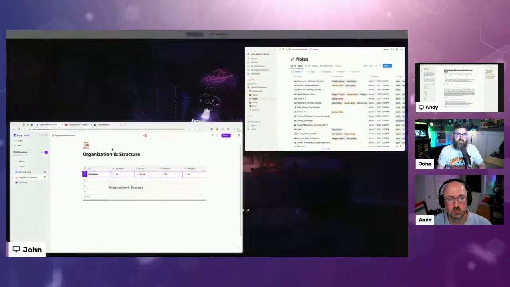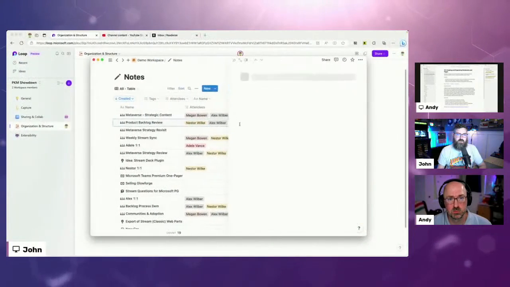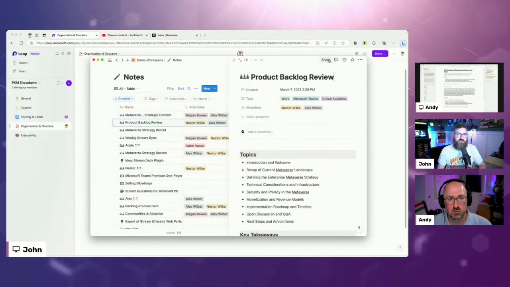And that's where I'm getting to, this is a little bit more portable because it's the whole page. I can share it independently of the database, publish it. I can do all that stuff. I can add comments on it. It's its own object inside of the construct of the database.